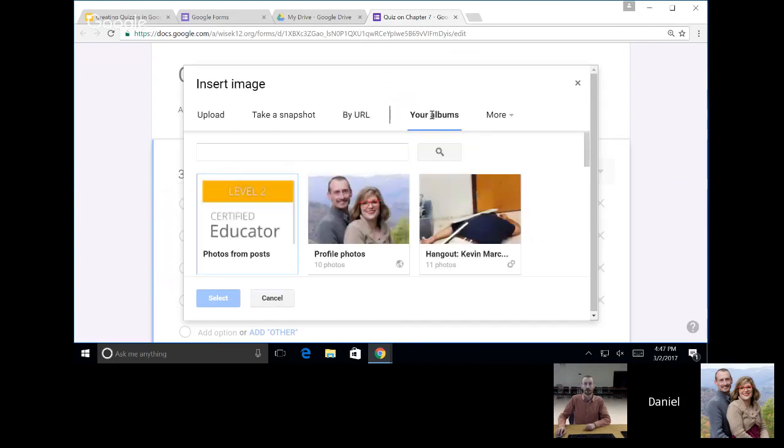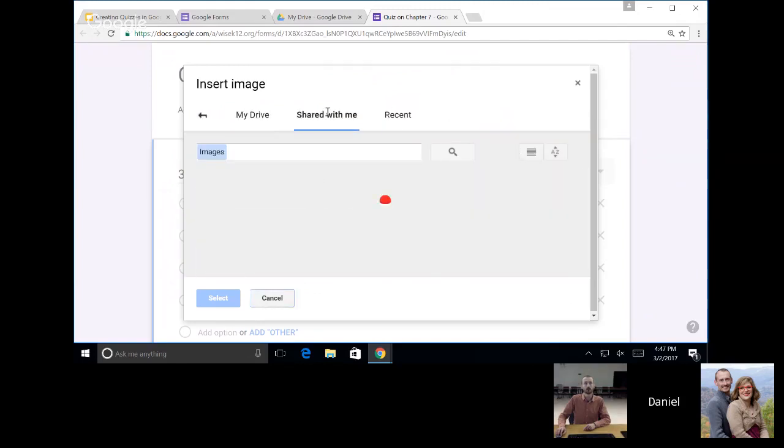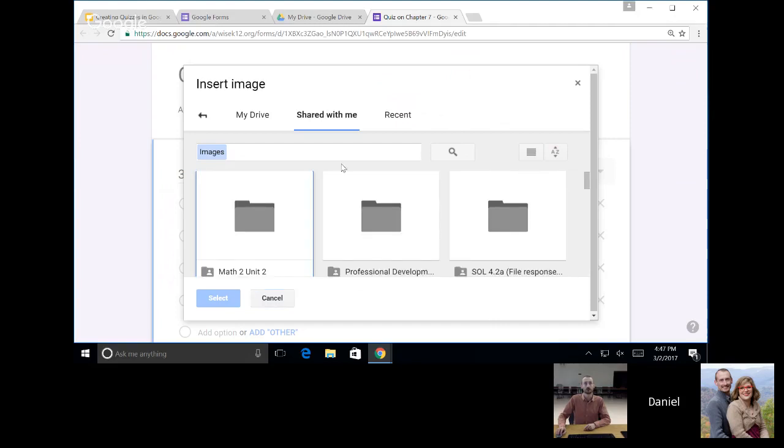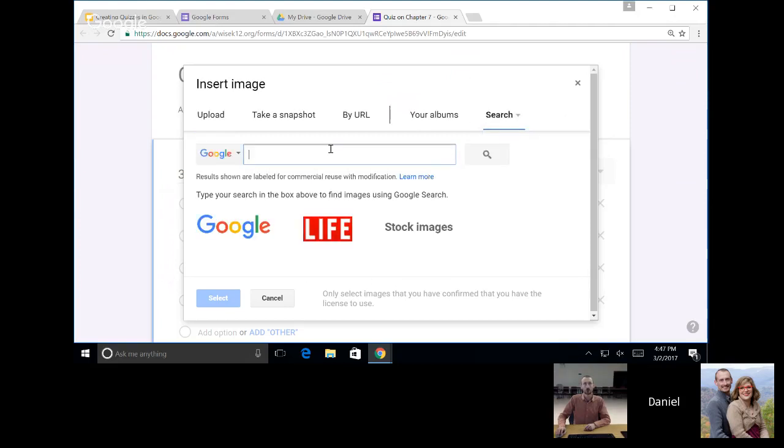I could go through my photo albums, my Google Drive, my shared with me section, or any recent pictures. Probably one of the coolest though is the search option. Search allows me to search through Google Life and stock images for pictures that are royalty free, which means I